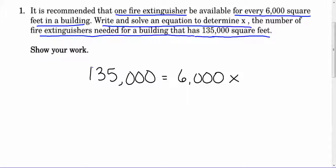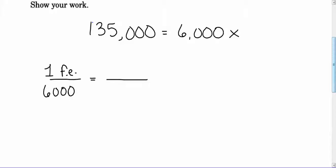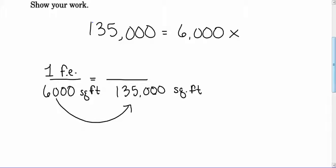So probably realistically, I would have set this up for solving purposes with a proportion. If I were a sixth grader, I would have said, I know I need one fire extinguisher for every 6,000 square feet, right? And we want to scale that up to 135,000 square feet. So with a proportion, you want to make sure your categories line up and that everything's neatly organized and labeled here. So essentially, to get from the completed side to the incomplete side, you've got to figure out how many times 6,000 goes into